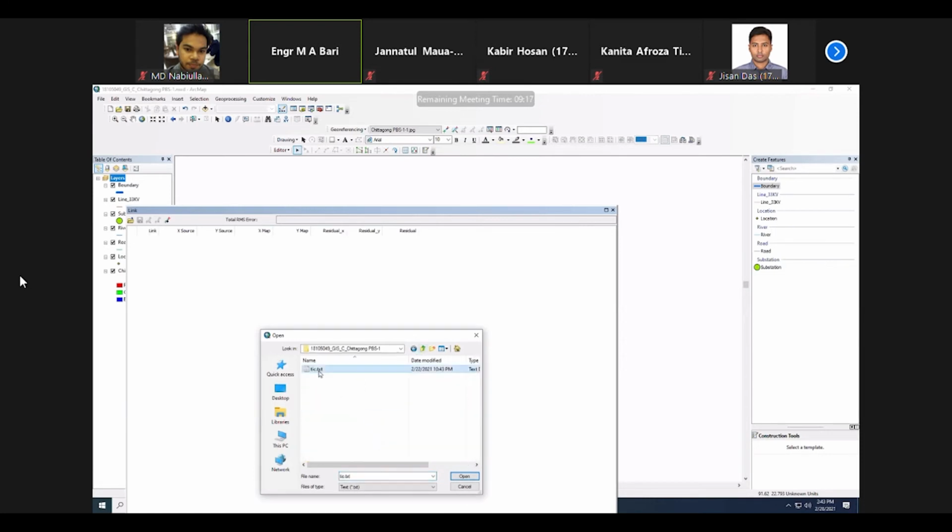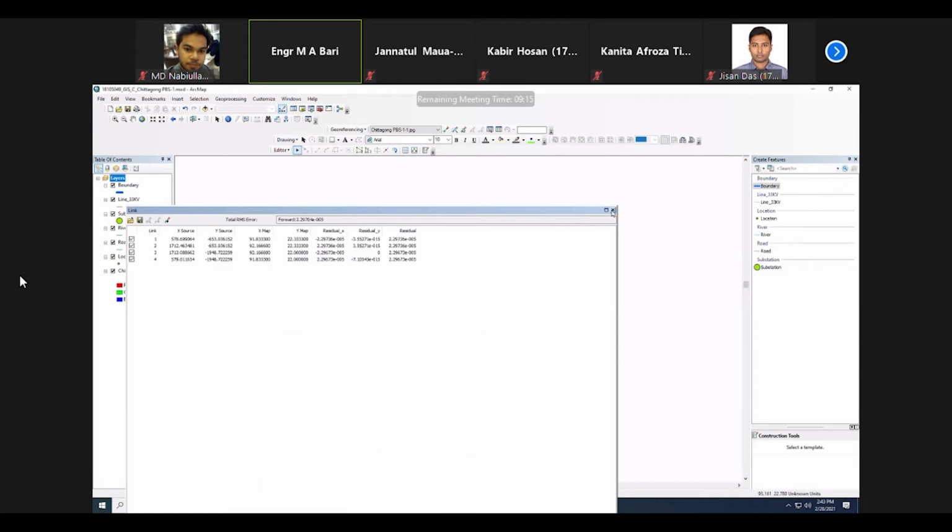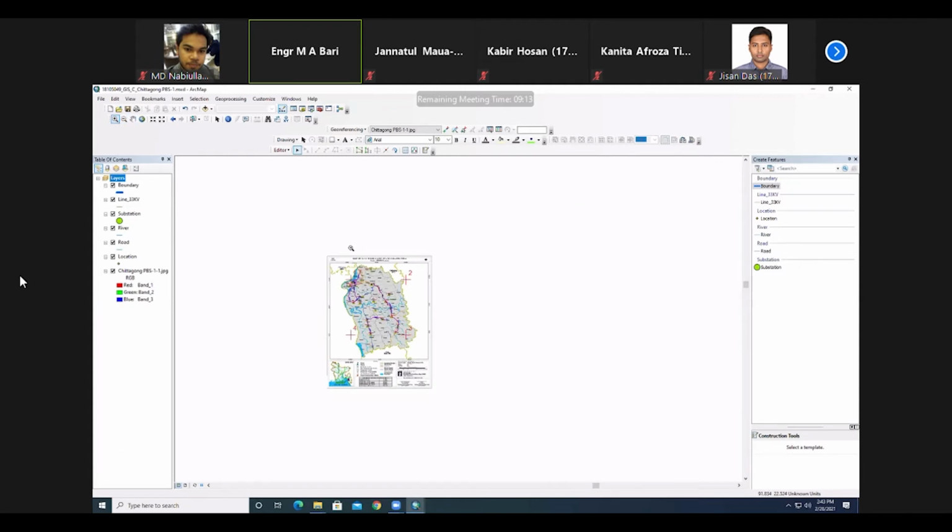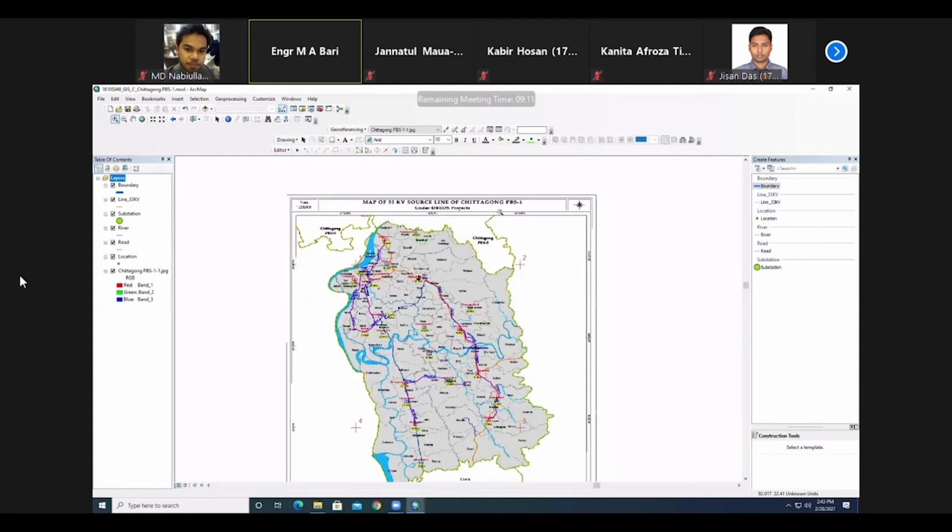Connect your feet. After connecting the feet, the next thing you need to do is start your